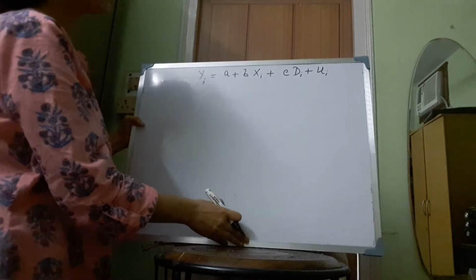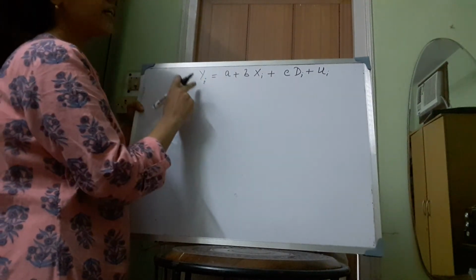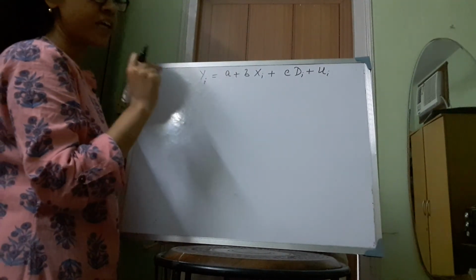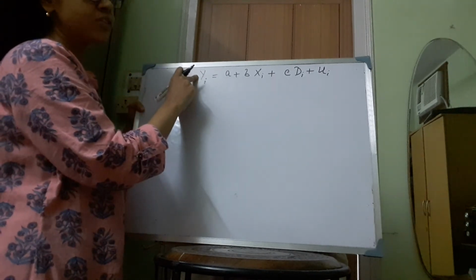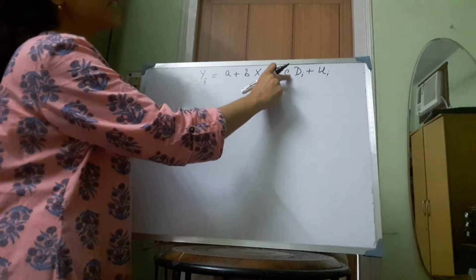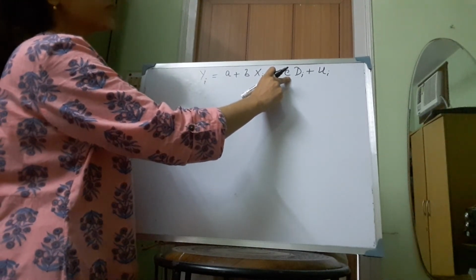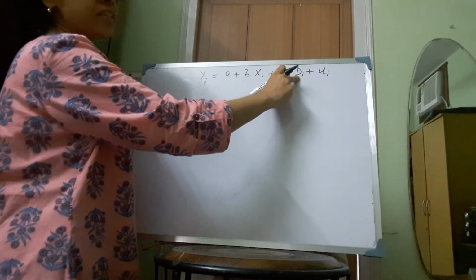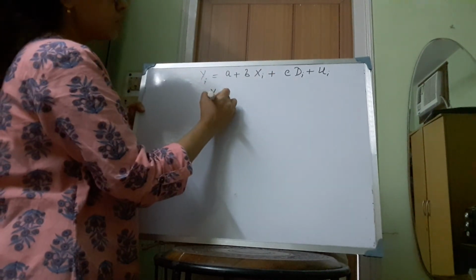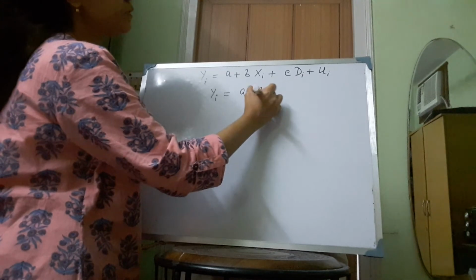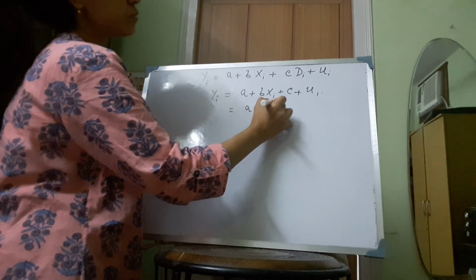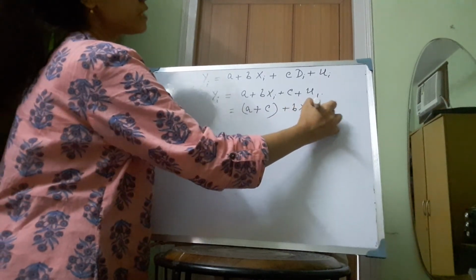So here by our assumption we are trying to predict that there is a gender discrimination in the workplace, and male workers always get higher wage as compared to the female workers, and therefore we are saying that this value of c is always positive, and di takes the value 1 if the person is male, and di takes the value 0 if the person is female. So for male the regression equation is yi is equal to a plus b xi plus c plus u. So in that case, in effect the intercept is a plus c, plus b xi plus u.